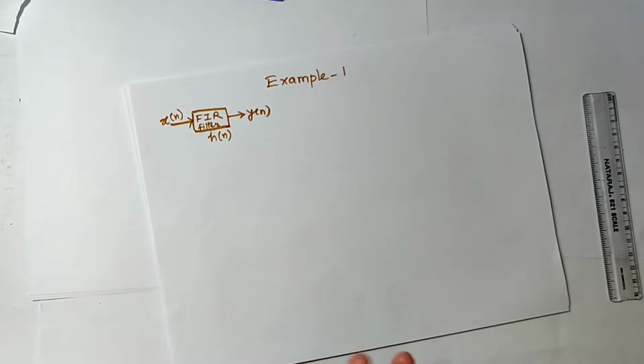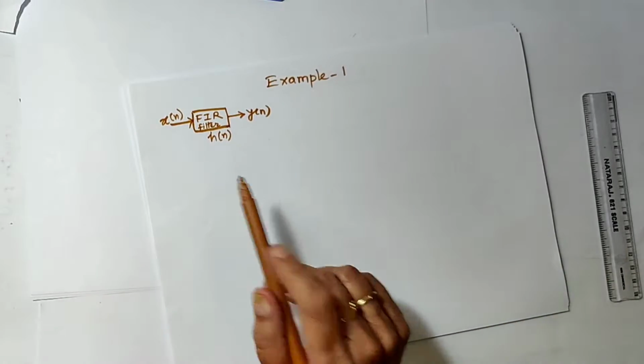I am taking here example 1, which has unequal length of both the sequences, but both the sequences start at the origin, I mean x(0), h(0). And the second example we'll consider where one of the sequences does not start with x(0) or h(0); it may start with -1, -2, whatever it may be. Then how will we manage that kind of sequences for circular shift, because we are considering the equation of circular shift from 0 to the next N minus 1 samples. So let us see the example.